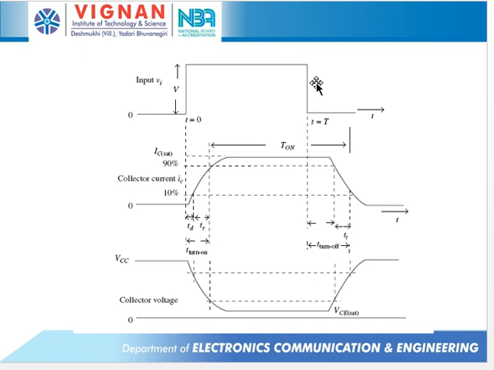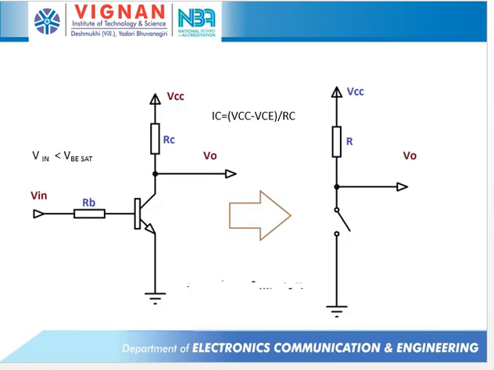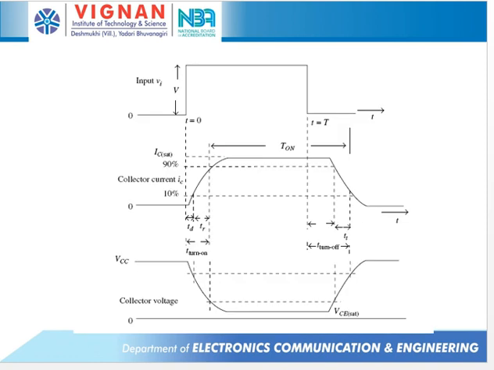Now suppose we change our input from V to 0. When we change our input from V to 0, that represents the condition of VBE less than VBE saturation. So when VBE is less than VBE saturation, the device will act as an open switch. When the device is acting as an open switch, already we discussed that the collector current must be 0. But if you observe the graph, instantly we are not changing our collector current from maximum to 0,